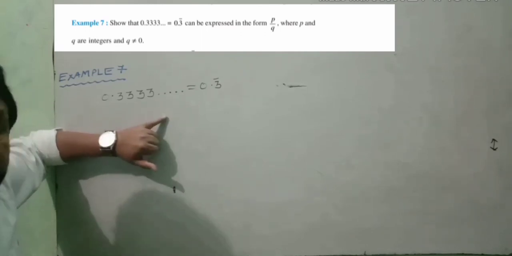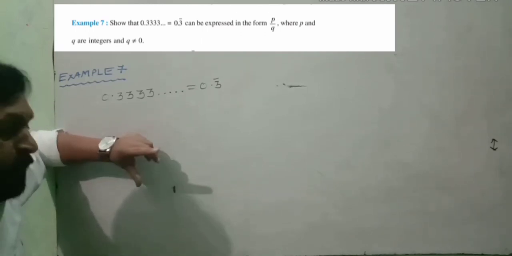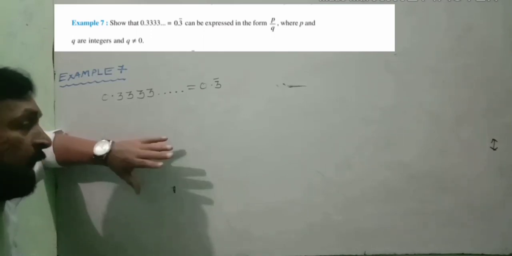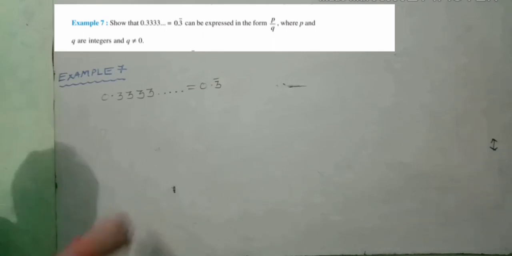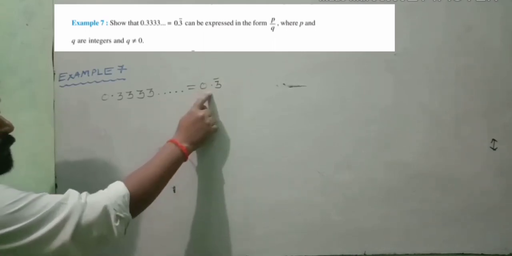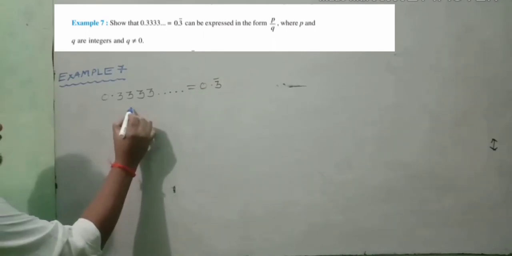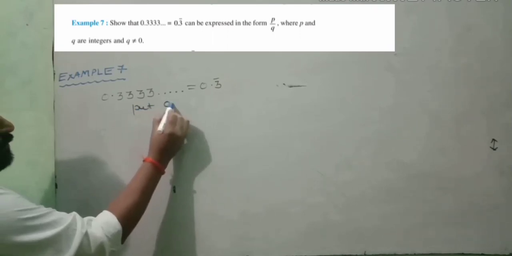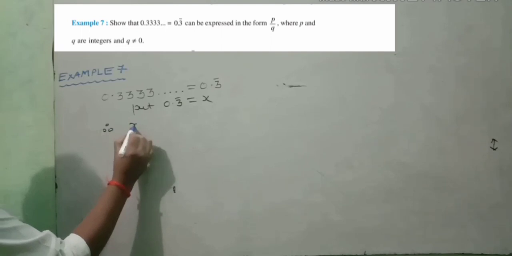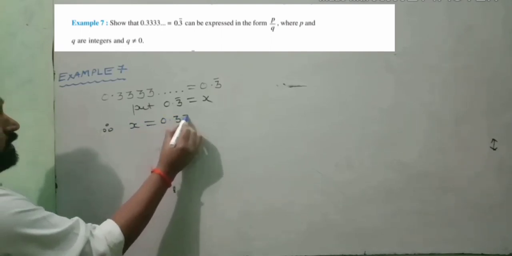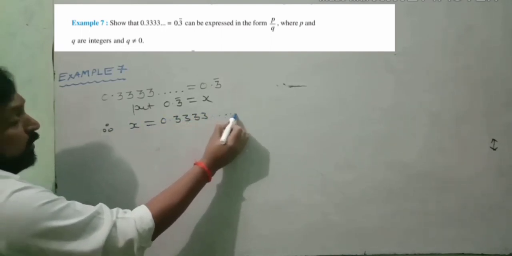I will do one question, try to understand and grasp that method which we will apply in every question like this. See here, this thing we know, 0.3 bar. First of all, put 0.3 bar equals x, therefore x will be equal to 0.3333...